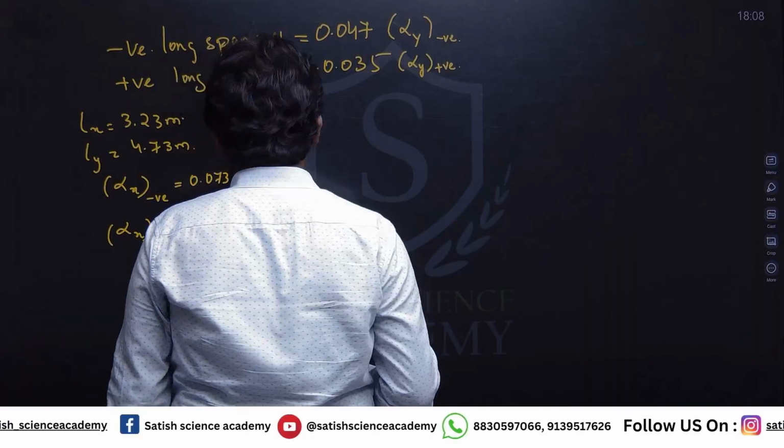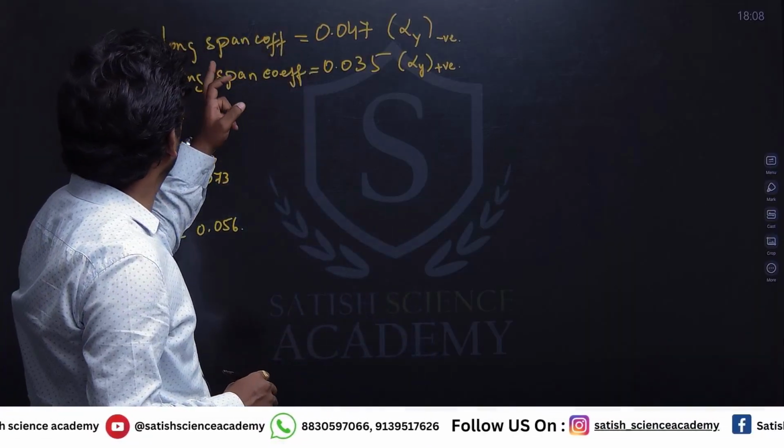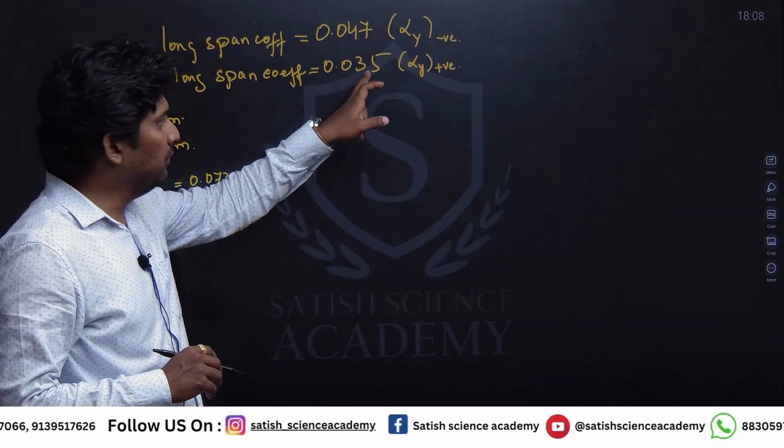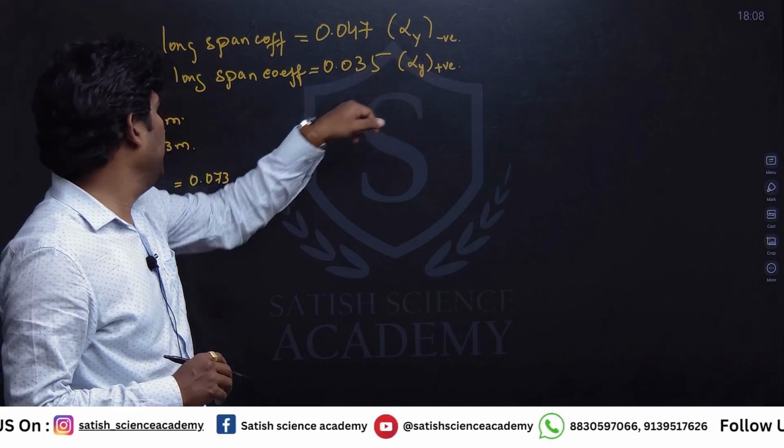Okay. So now negative moment long span is 0.047, positive moment 0.035, alpha y negative and alpha y positive,